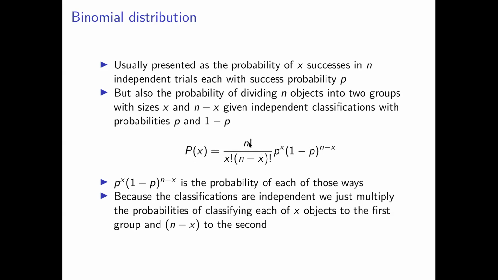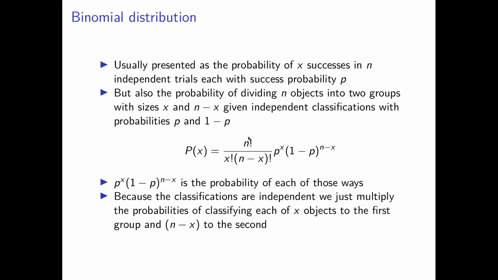And this is the expression for the probability for any value of x given your parameters n and p. So you've got the number of ways of dividing the n objects into the two groups. And then this is the probability for each of those ways of dividing them up. So because the classifications are independent, you're just multiplying the corresponding probability by the number of objects that are being